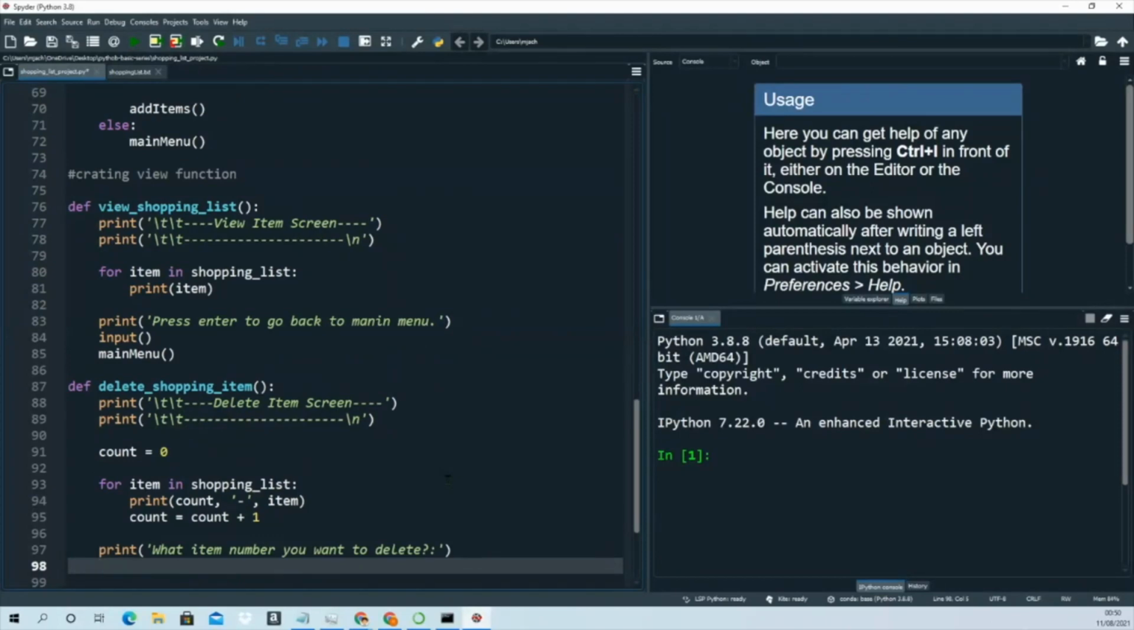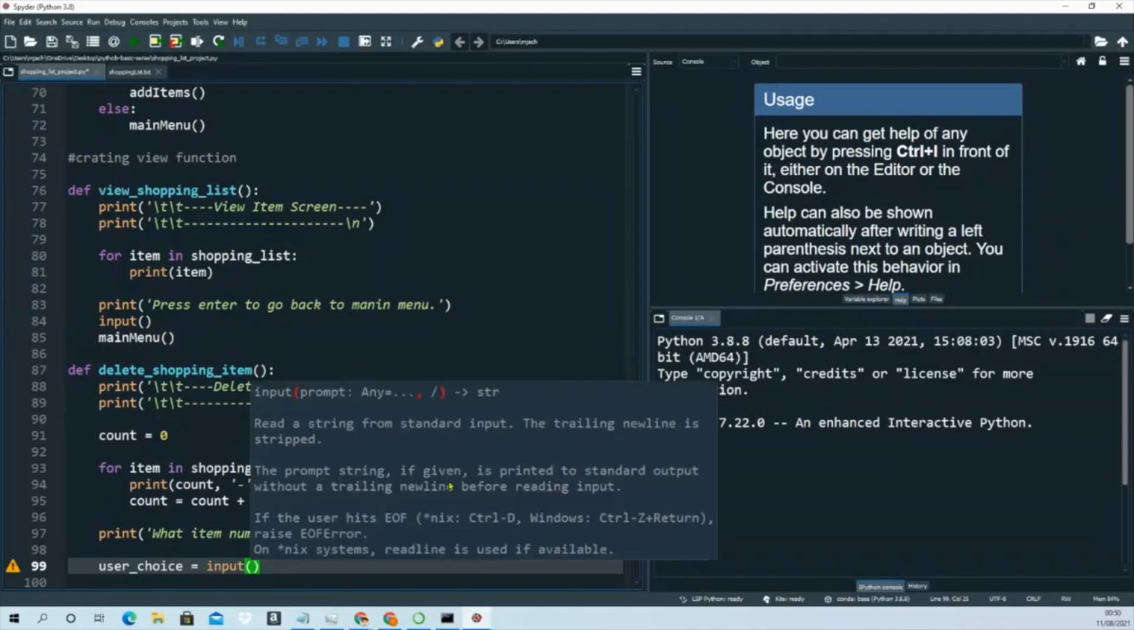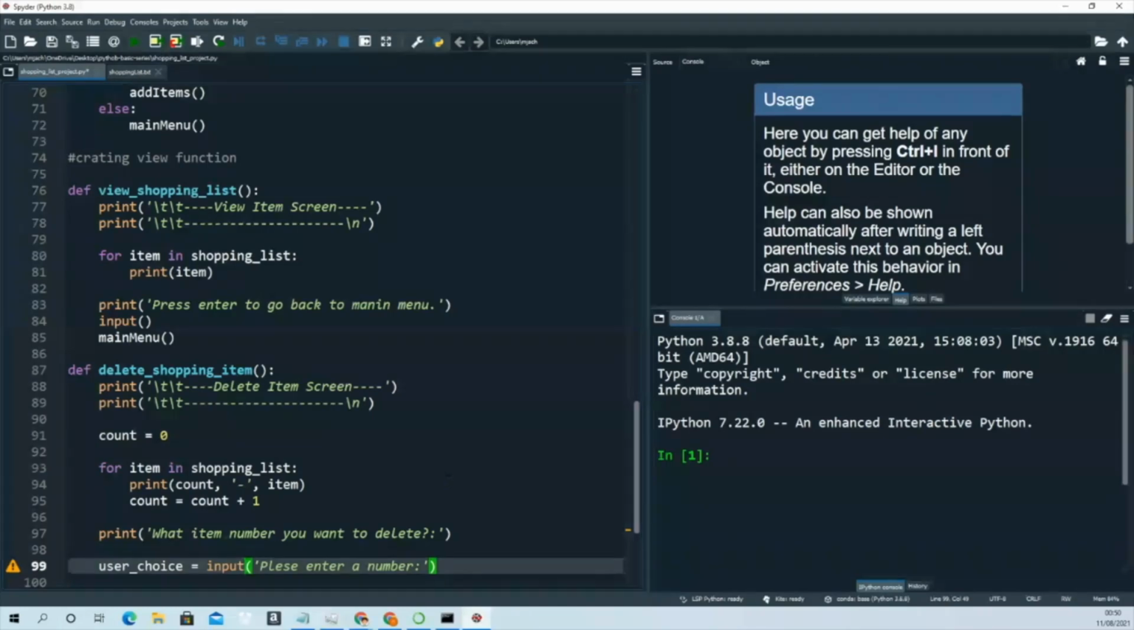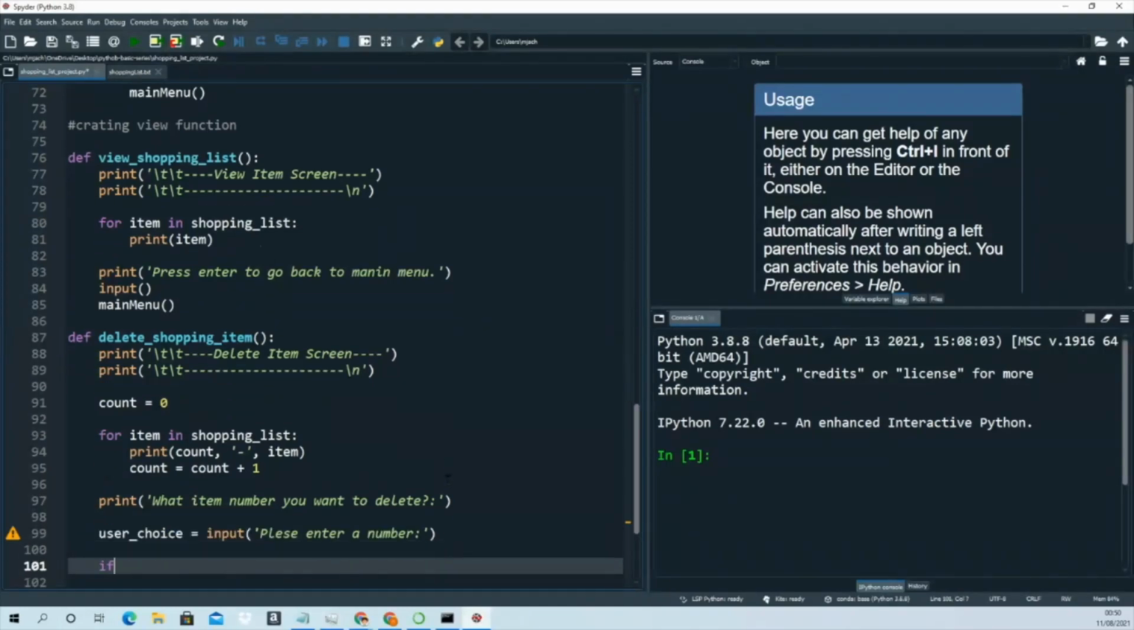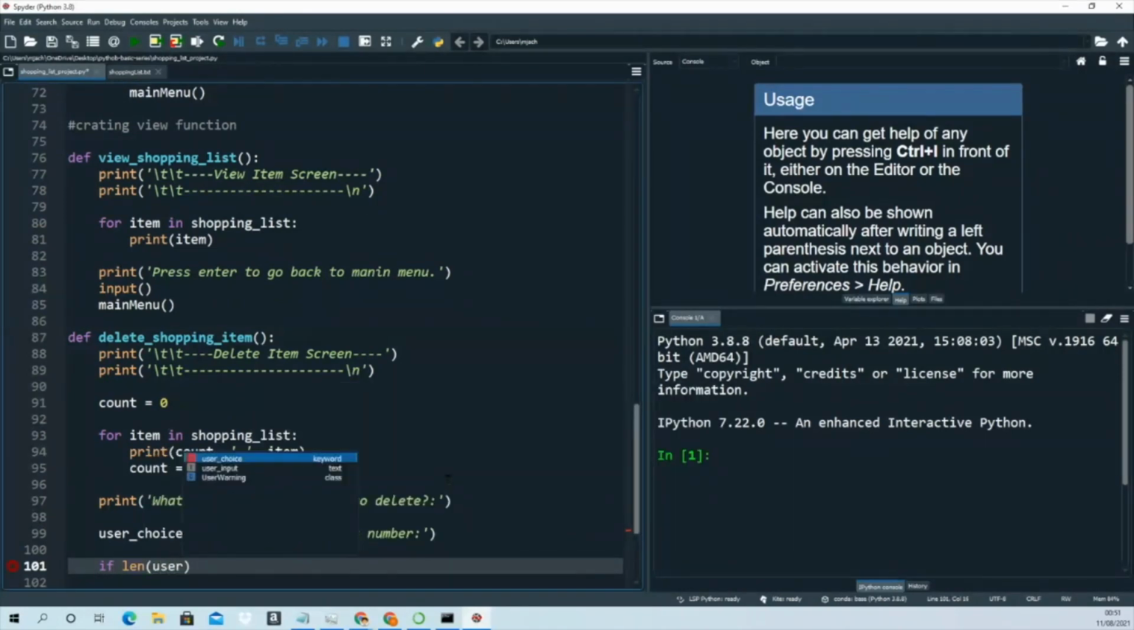And we can ask the user: user choice equal to, let's say we'll take the input, enter a number, the count number. It will print out all the items with the number, so we select the number, and if length of the user choice is greater than 0,